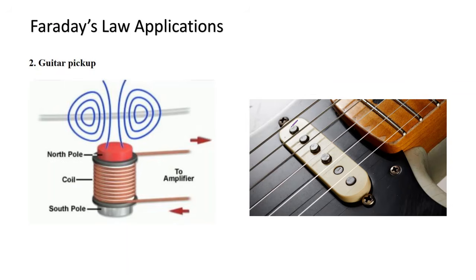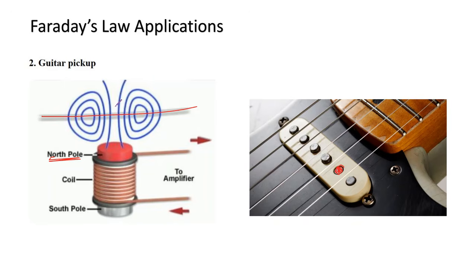Then you have guitar pickups. So we are considering this portion. Let's say this part, when zoomed in, is what you get over here. So you have a coil wrapped around a magnet, and this is the guitar string actually, and this only works with steel strings. So this is a magnet, and this wire, while in the presence of this magnet, becomes magnetized by induction,